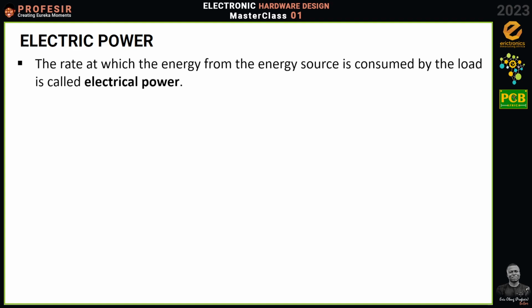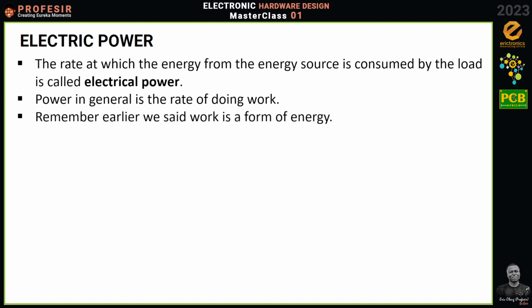The moment we are talking about rate, that means there is a time factor in there. Now, power, like I said, generally is the rate of doing work, and we know that work is a form of energy. Therefore, if power is work done over time, I need you to pay attention here. If power is work done over time, and work is energy, then for our circuit, the energy is the electric potential energy, which is U, and time, which is T. So with this in mind,